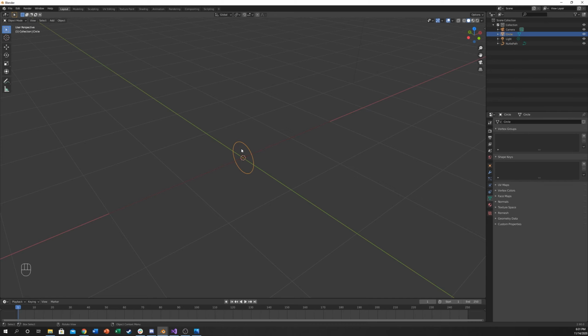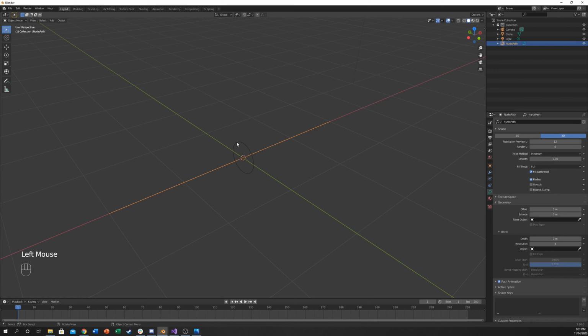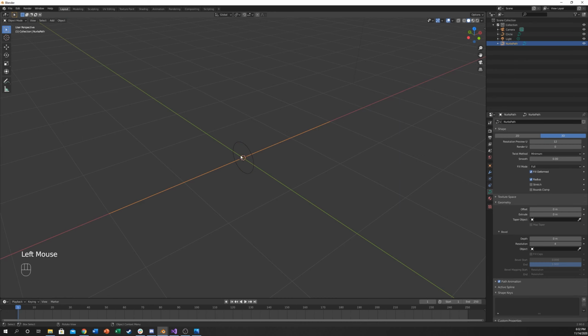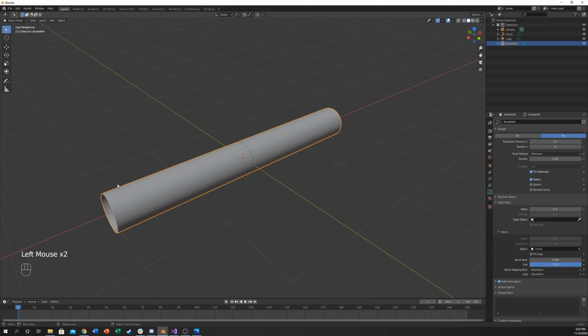However, this is a mesh and this is a curve, and they don't want to mix. So there's a really easy way to fix this. We can go up here to Object and convert to curve. So now if we come here and we click those, we have now essentially extruded this